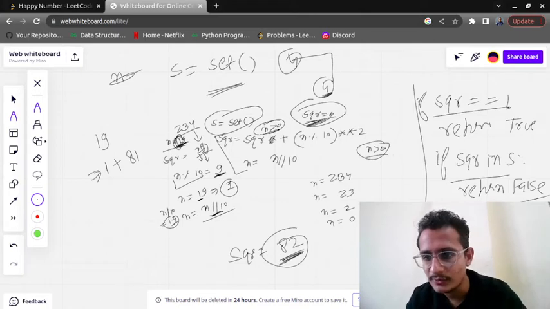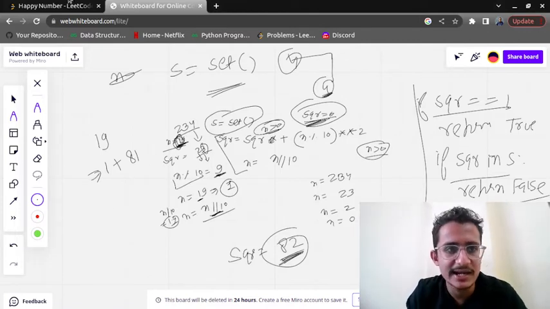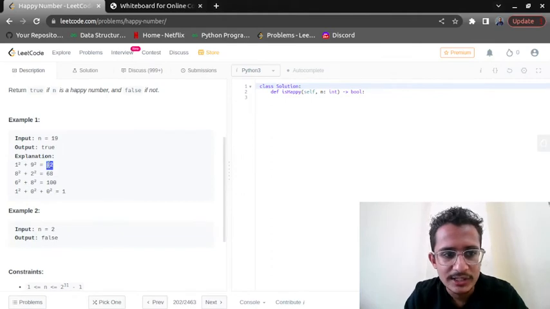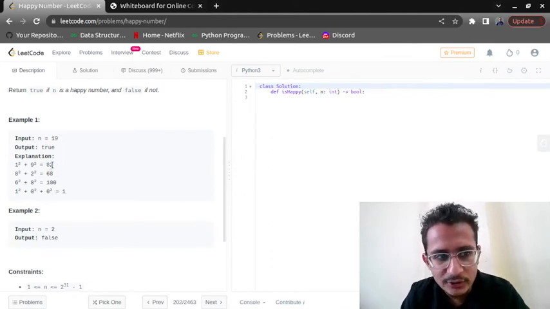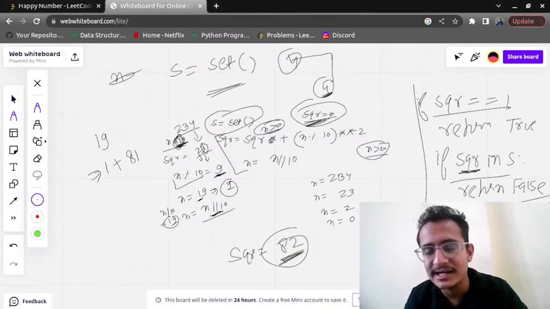So what we will do, n will be equal to the sum of squares. Once that element is done, you have upgraded. So here n value has become 82. I told you we need to add this 82 in the set. So next time, in this condition we will check: if we get 82, we are directly going to return false.